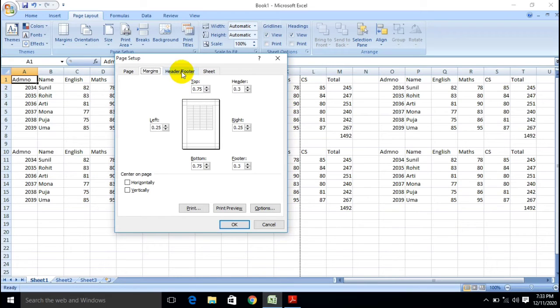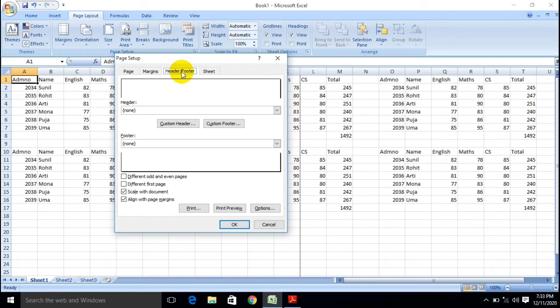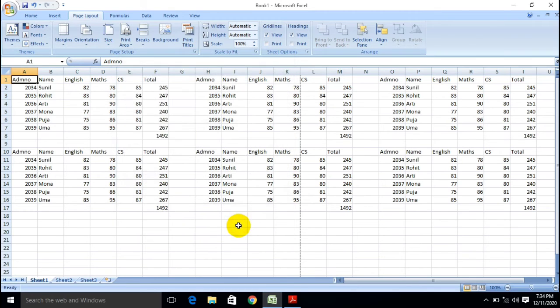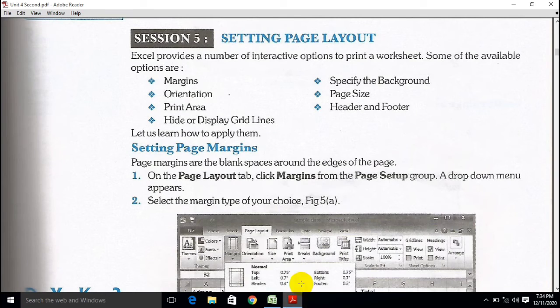And here are the new and extraordinary options, my dear students. If you want to insert a header and footer, the title of your sheet and the bottom of your sheet, exactly as we learned in MS Word, why we insert the header and footer and what the uses of all these are, we have learned in our earlier videos. We have covered all these topics in MS Word. The same fundamentals you can apply with the insert header and footer option in our Excel sheet. Just go through by using this. Okay, so easily we have covered all these fundamentals, my dear students, in this video.